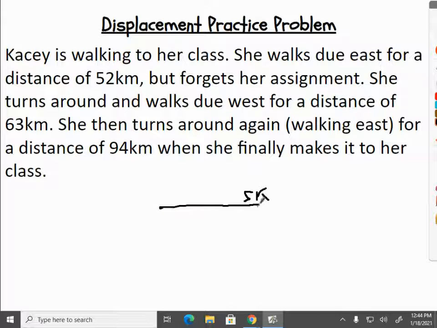Now she's going to have to turn back around, and that means she's going to walk another 11 kilometers to here, because that's a total of 63 kilometers. So it's 11 kilometers. And she has to go back around and go from this point where she picked up her thing all the way 94 kilometers